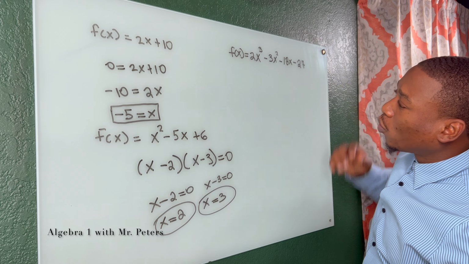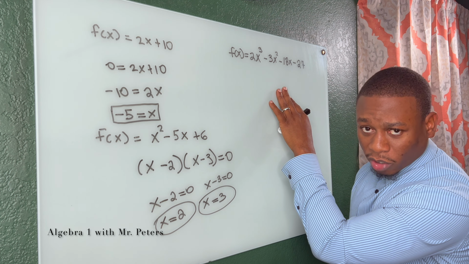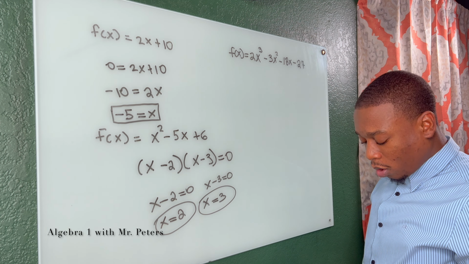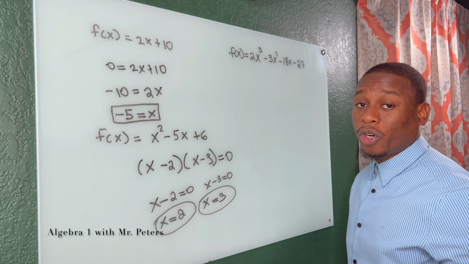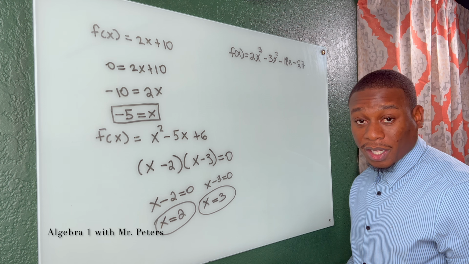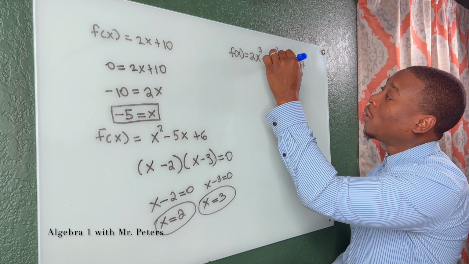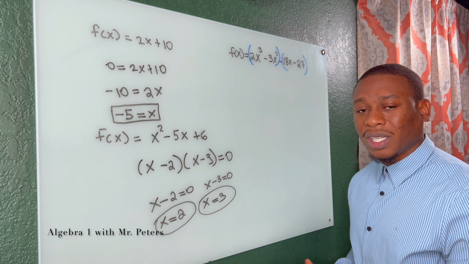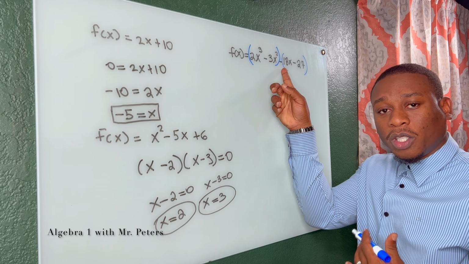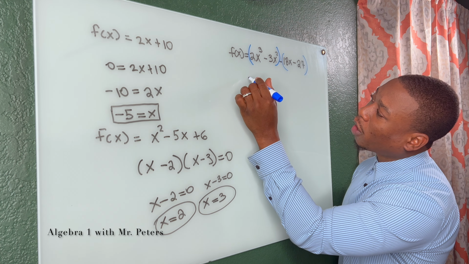Now, another situation where we'll see this, right? We're still talking about quadratics. Polynomials also are included. When we have a higher degree, or we have at least a polynomial with 4 or more terms, now we're going to do the same thing, finding the zeros by grouping, or factoring by grouping. So we take the first two and we take the last two. And I always tell students, leave the negative sign out so that we don't have the wrong signs when we simplify. So in this first part, we could take out